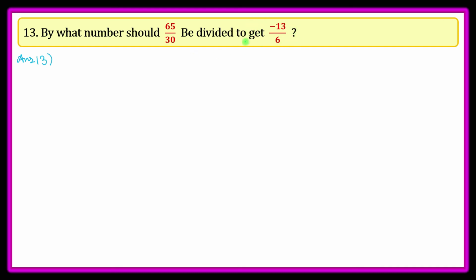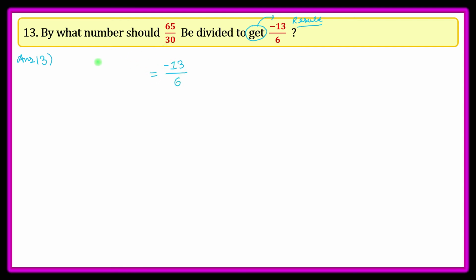So see, when the words product, difference, sum, quotient or get are used in a question and afterwards there is a rational number, in this case, minus 13 upon 6 is the get. Here I have used the word get before minus 13 upon 6. It means this rational number would be the result, and result is always alone. So minus 13 upon 6 will always be alone and no variable I am going to put here.